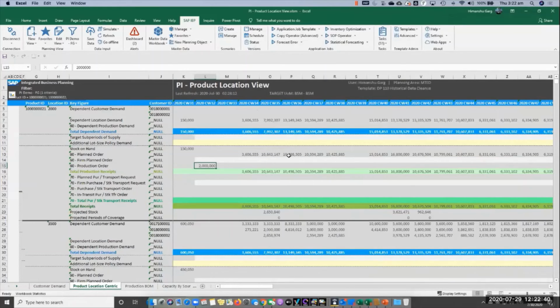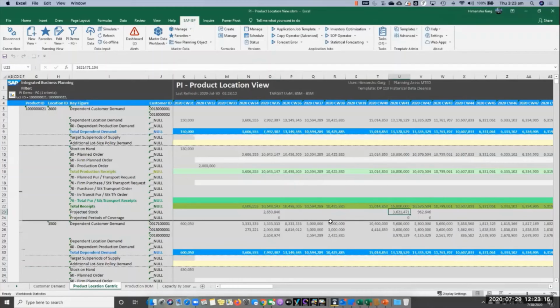And this planned production may not always match up with the dependent demand, because, as I said earlier, where we have capacity shortages, for example in week 39 it is not making any production, but it is pre-building stuff. As you can see in week 35 we have a projected stock which is nothing else but pre-build, right? So it is trying to build stock ahead of time so that it can meet demand in later weeks. Similarly here you can see the pre-building happening.